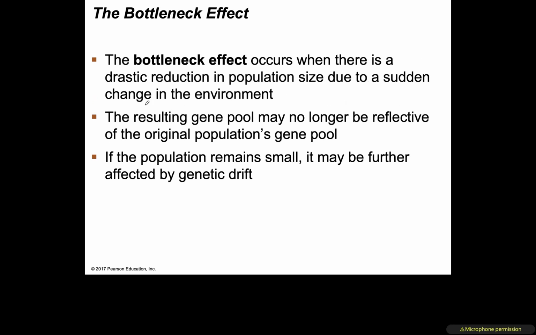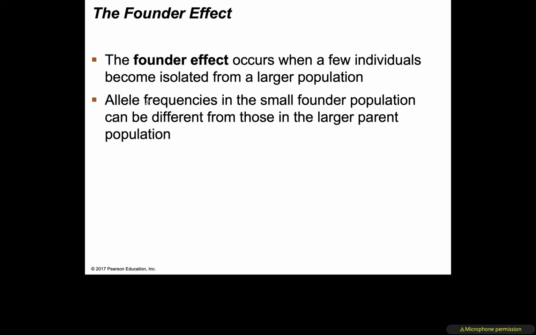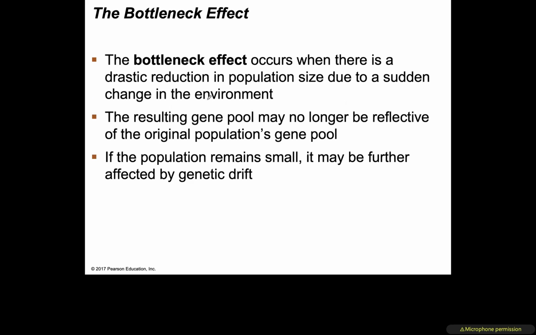The bottleneck effect. The bottleneck effect is another special application of genetic drift. The bottleneck effect occurs when there is a drastic reduction in the population size due to a sudden change of environment. Okay, so when we're talking about the founder effect, that is an isolation of individuals from a larger population. The bottleneck effect is when there's some type of environmental change that basically wiped out a lot of individuals, leaving a smaller number of individuals to start the new